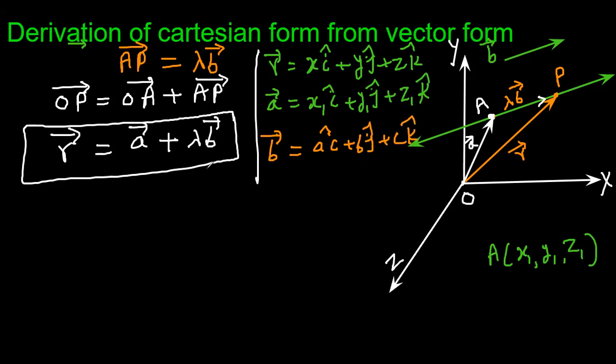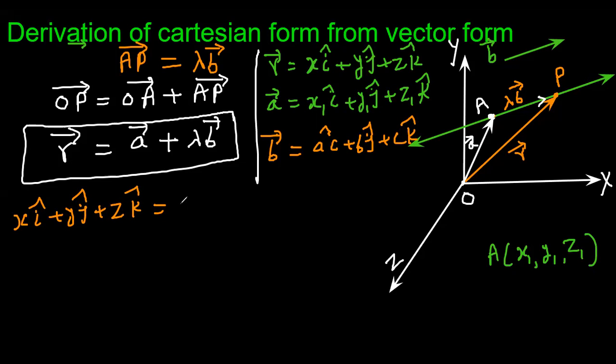That is vector B. So we'll simply substitute these values here. In place of r, we are going to write x i cap plus y j cap plus z k cap is equal to